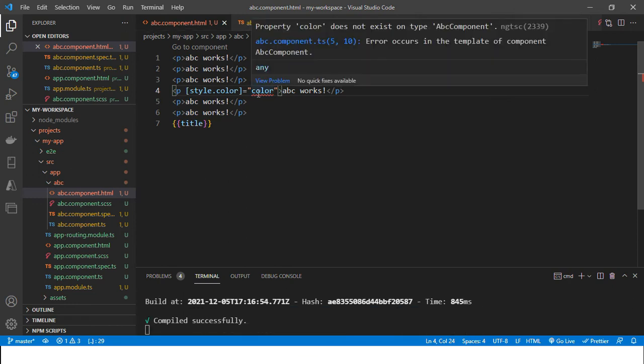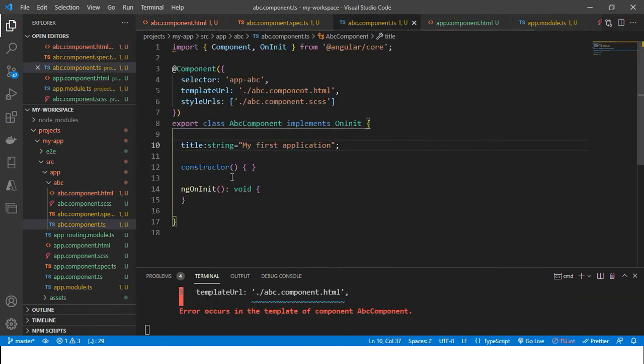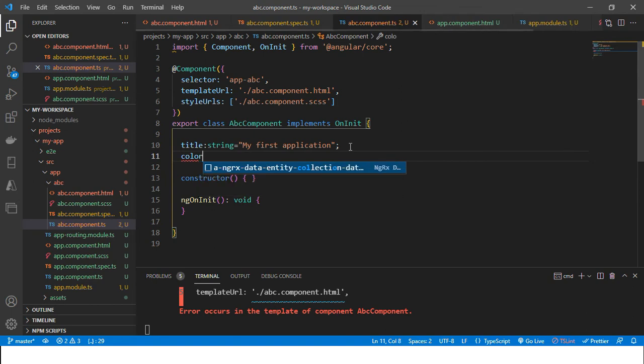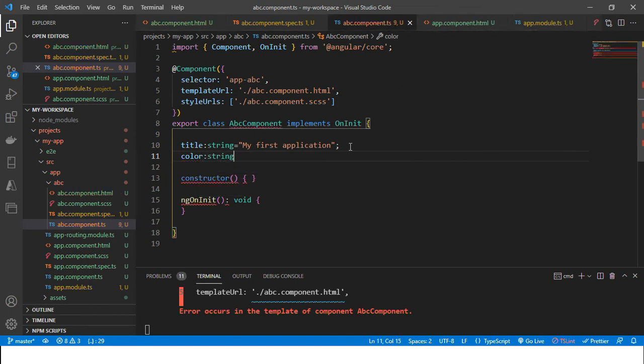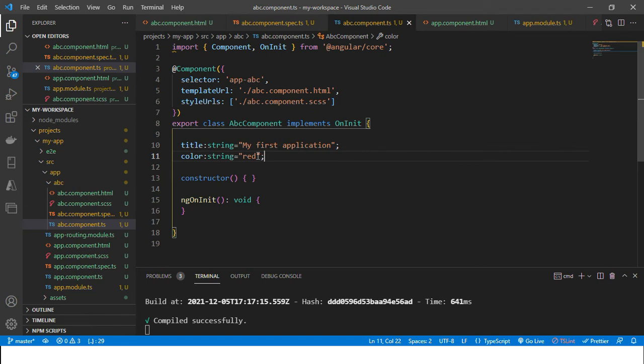The color property is not there. I will define it in the ABC component. The property will be defined here, color string equal to red. Now the color property is defined. This color property has the string value red.